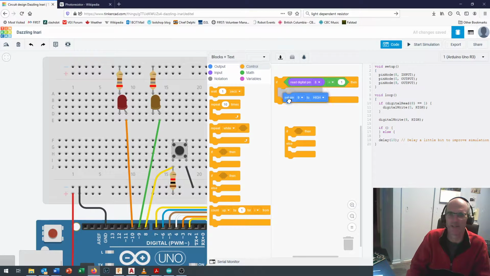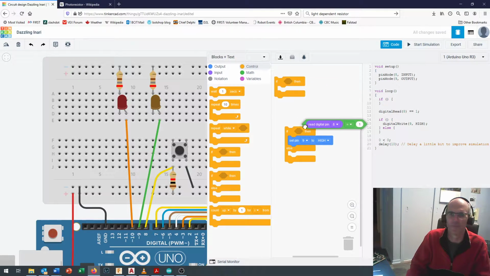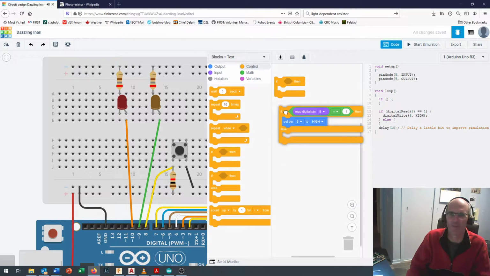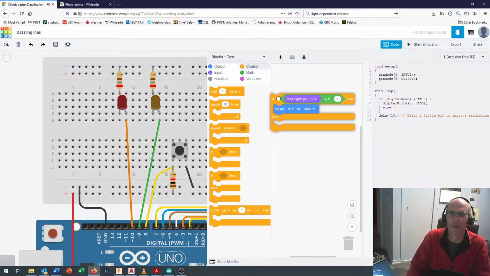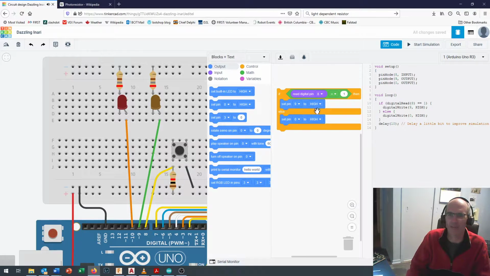Let's just take some of our commands right out of here and drag them. There's our condition comes in here. Get rid of that if statement. Now we'll set our output right here. So if digital 8 is high, we will set pin 9 to high, and otherwise we'll set pin 9